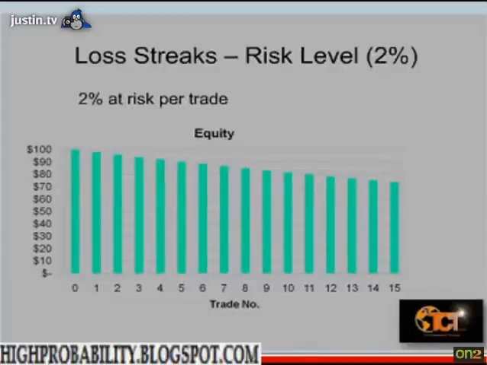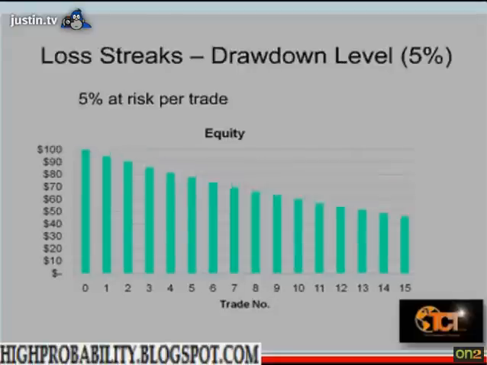Now if you were to risk 2% of your capital on a trade and you were to get a long string of losses like that, this little graph simply shows that you'll lose 2% each time, and maybe at the end of 15 losses in a row, which is fairly extreme, but in any case, if you're risking 2% at a time, at the end of 15 losses you'll be down to a little over 70%, I think that graph shows. And by the same token, if you're risking 5% at a time and you get that same situation, you'll be down to under 50% of your capital. So you can see that getting those numbers right can make or break your account.